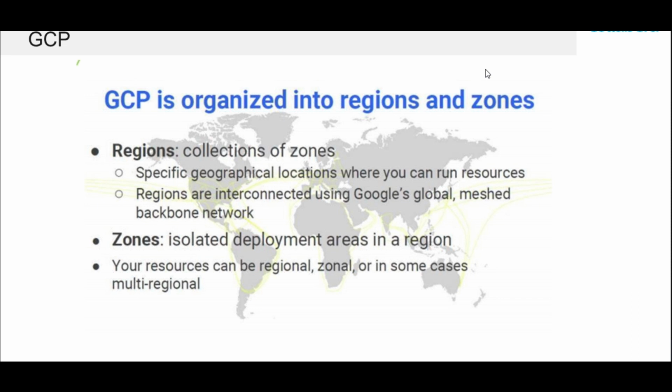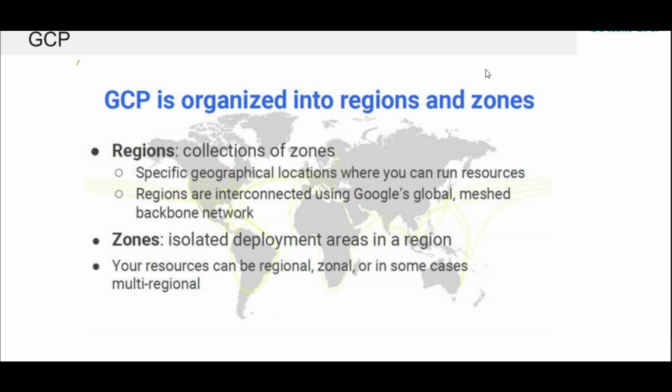Now, what is a region? A region can be a US Central region, US East region, US West region, Asia Pacific region, European region, likewise. And in those regions, there will be a cluster of data centers which are called zones.